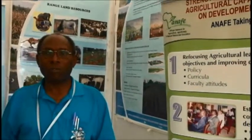It also targets particularly countries in the region, training smaller businessmen who would like to enhance their earning capacities via production of high-quality seed, and by extension, taking that knowledge to the farmers. You realize that high-quality seed is key to increase yields, and it's also key to meet the needs of food security in Kenya. And therefore, the university has gone out of its way, and it has put up this